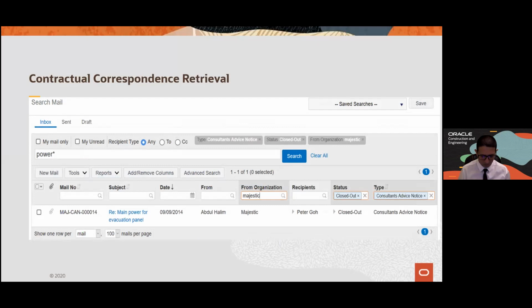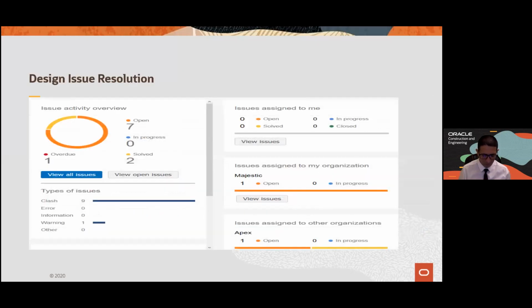This is very important because we want to avoid disputes. We want to support a decision that we made, and we'll show you that. We'll also look at design issue resolution. This is key in our industry where we are using model coordination to manage the various design issues, even fixing